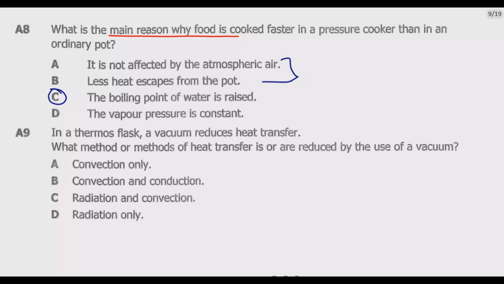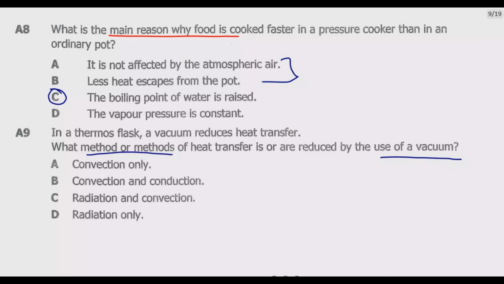Question A9. In a thermal flask, a vacuum reduces heat transfer. What method or methods of heat transfer is or are reduced by the use of a vacuum? So we are looking for a method or methods of heat transfer which is or are reduced by the use of a vacuum. That's what we are looking for. If you look at the options, we have A, convection only, then B, convection and conduction, C, radiation and convection,